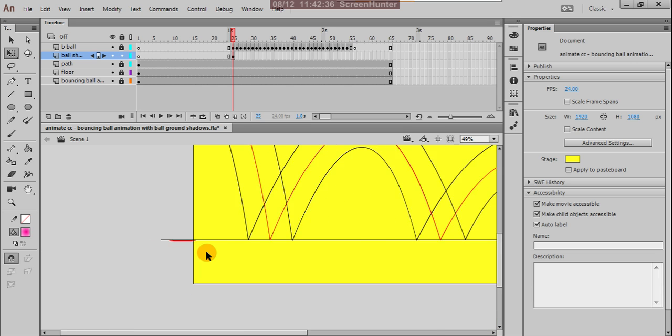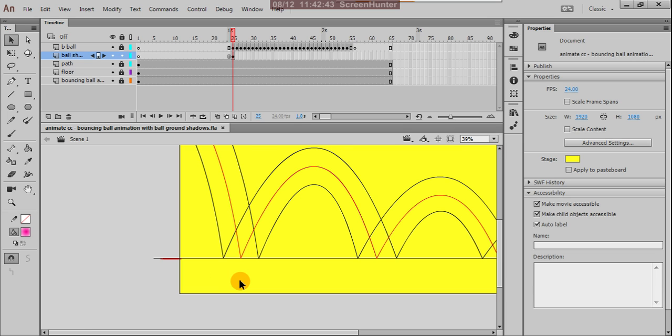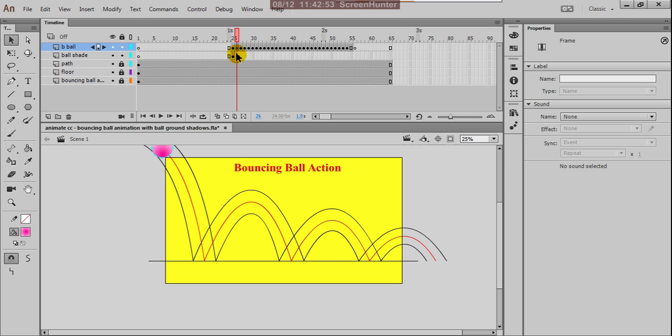Okay, yes, Control S. Now what we are doing, unlock this also, so that you will understand this, and here this also.